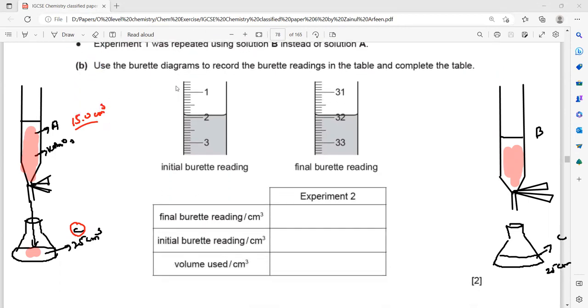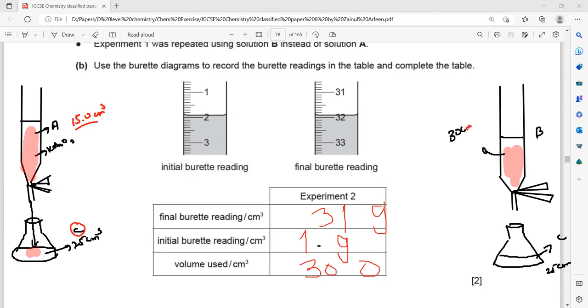What is the burette reading? Initial and final. So the initial burette reading is 1.9. The final is 39. So the total is 30. So we used 30 cm cube